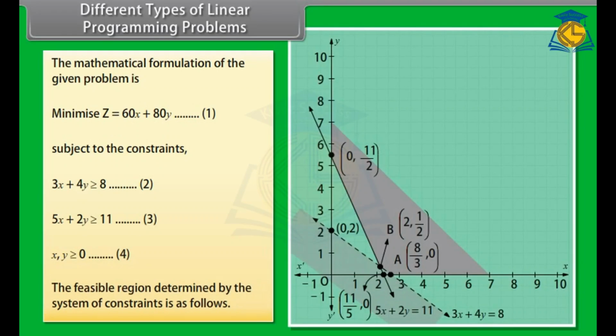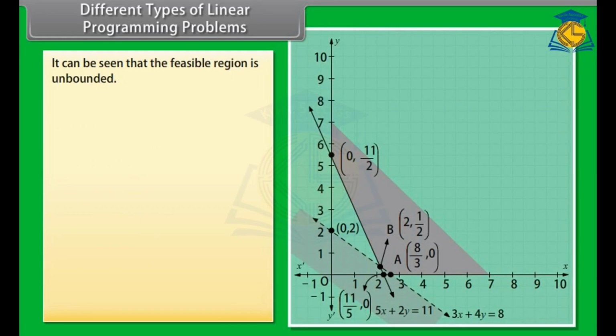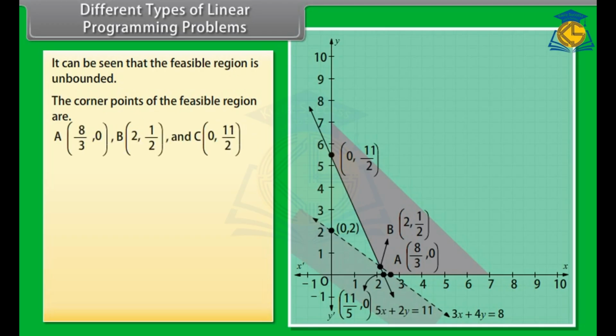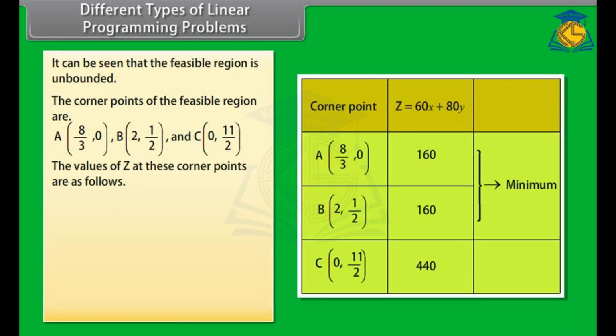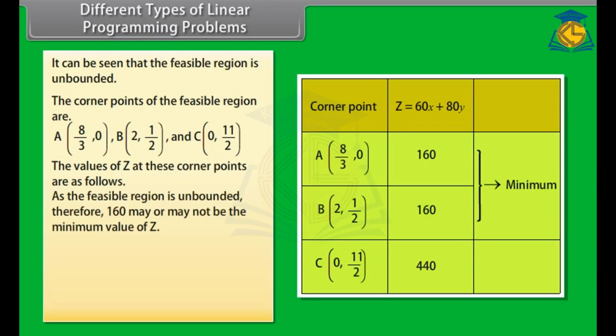The feasible region determined by the system of constraints is as follows. It can be seen that the feasible region is unbounded. The corner points of the feasible region are A (8/3, 0), B (2, 1/2), and C (0, 11/2). The values of Z at these corner points are as follows. As the feasible region is unbounded, therefore,